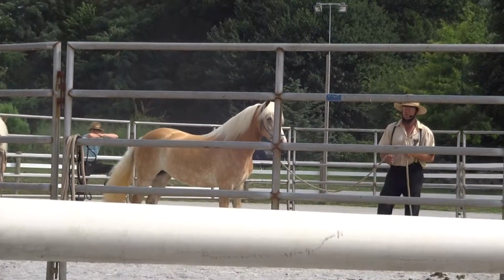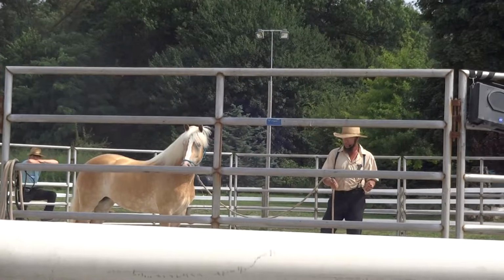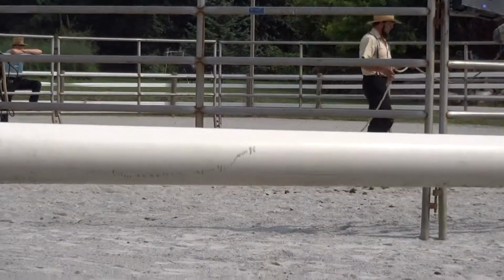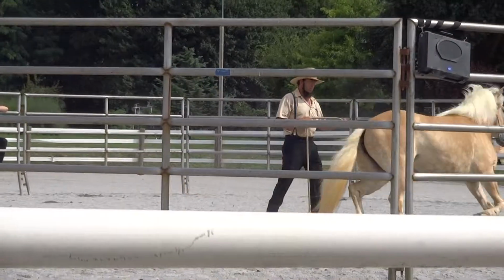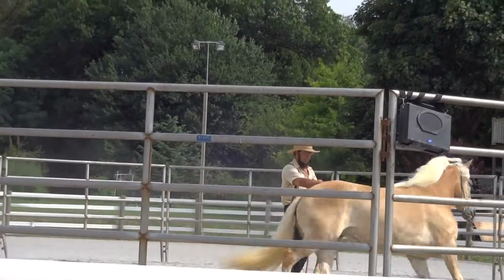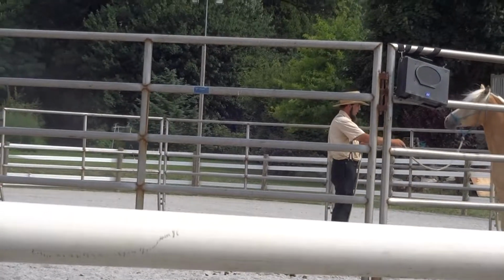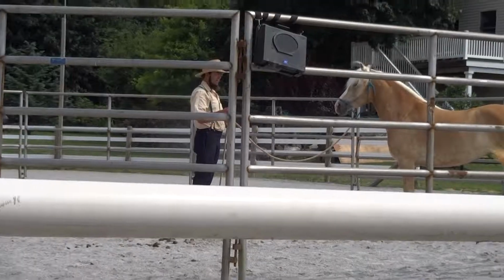When I apply pressure on a horse, very seldom do I apply steady pressure. There's usually some life in the pressure I apply. Maybe I can demonstrate that here. Can you make it? Good. Now, she's going forward. Now I want her to step under and face me. So I'll change hands on the lead line, put a little life in the lead line. See, that doesn't feel good to her. It feels horrible. Good. So she just learned that if I put some life in the lead line,